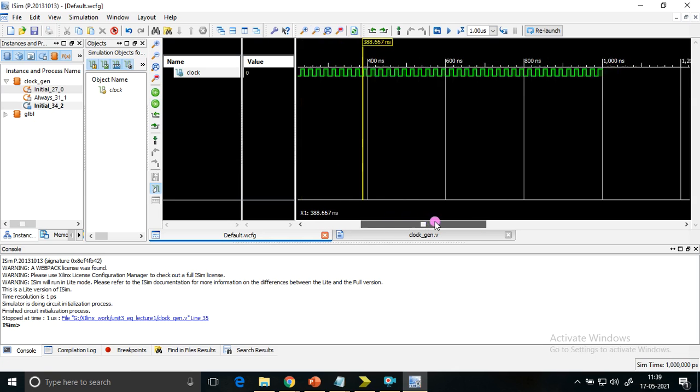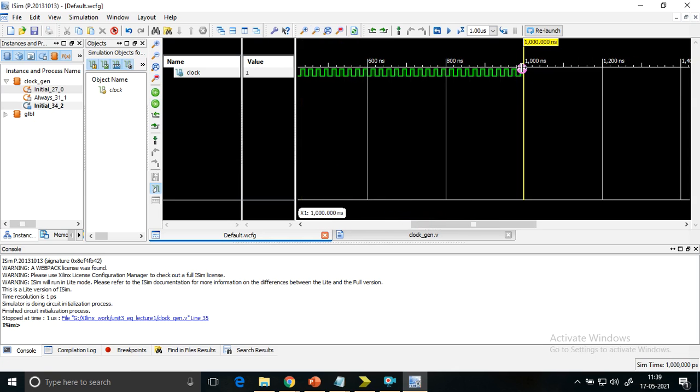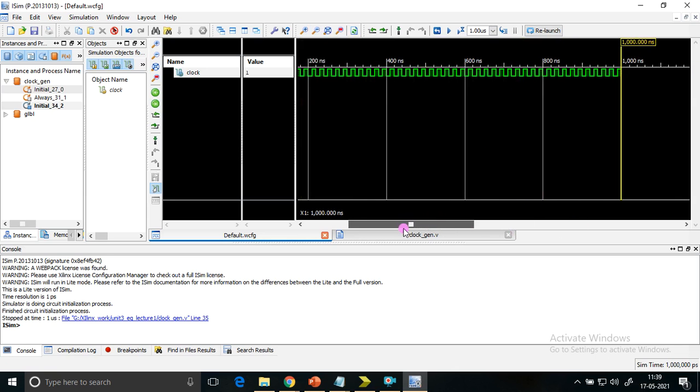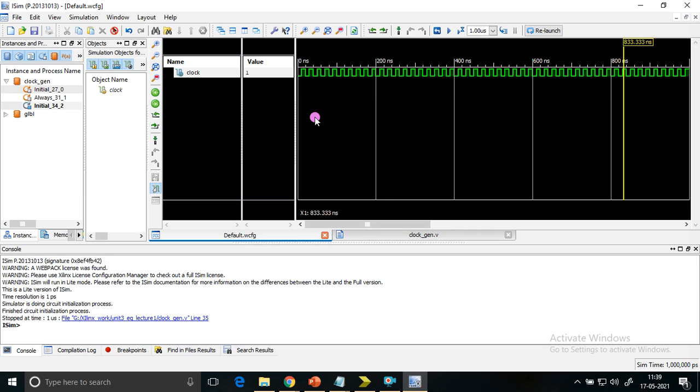So like this, if you check at the end here, it is 1000 nanoseconds. And you can see the precision here, 1000.000 nanoseconds, with 3 digits after the decimal point, which means it has the precision of picoseconds. That's why we mention it in the backtick timescale compiler directive. So this is how the clock is generated using an always block.